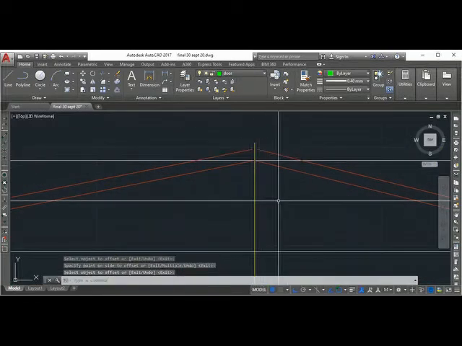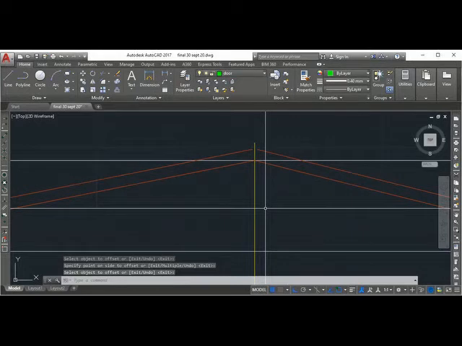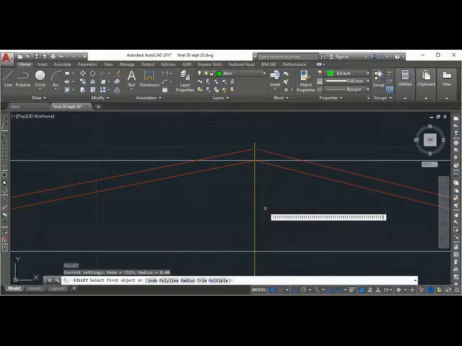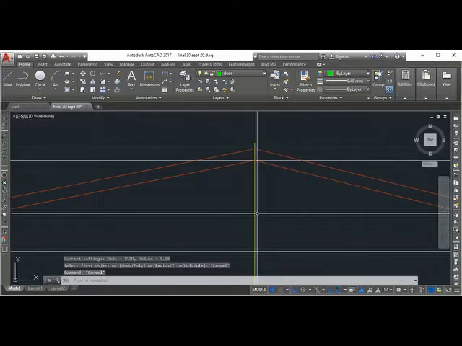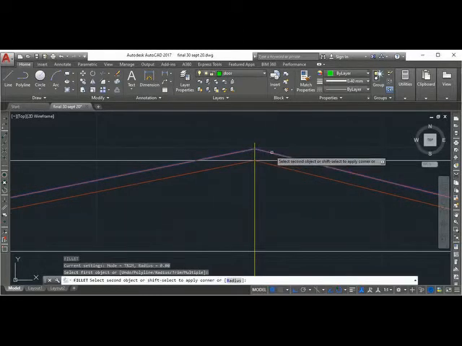I can join this using fillet command. Fillet. Join.